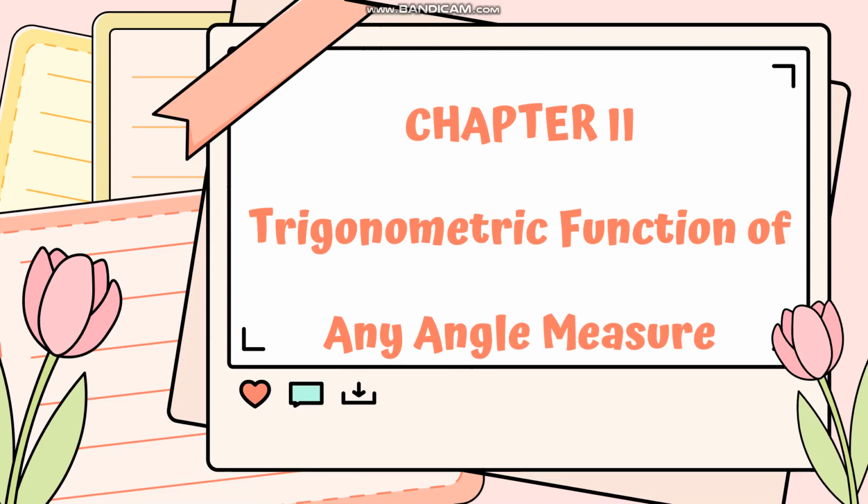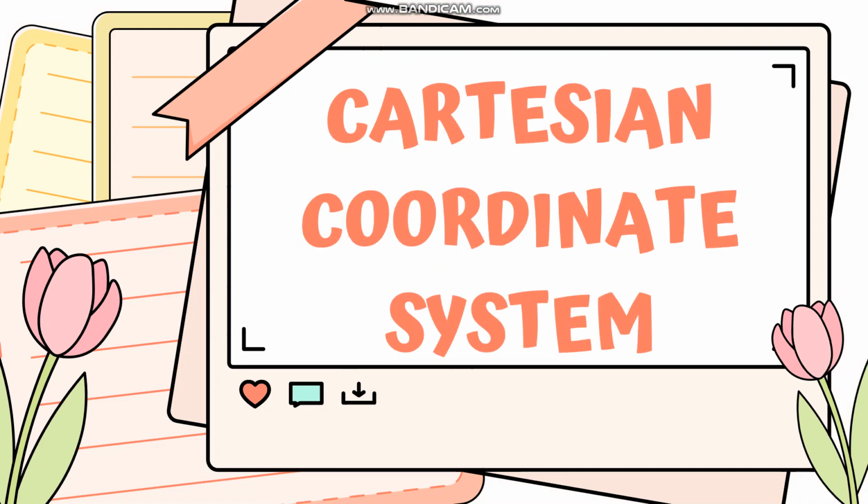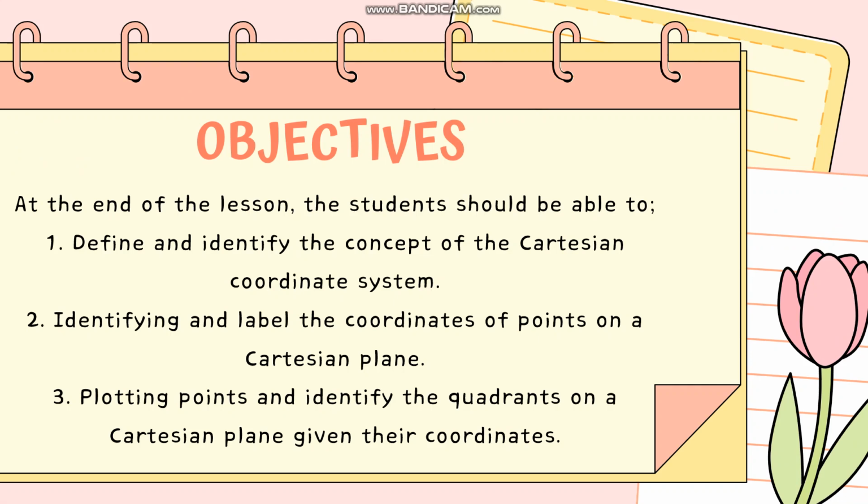Chapter 2, Trigonometric Functions of Any Angle Measures. First topic po natin for today is the Cartesian Coordinate System. Our objectives for today is we are going to define and identify the concept of the Cartesian Coordinate System, identifying